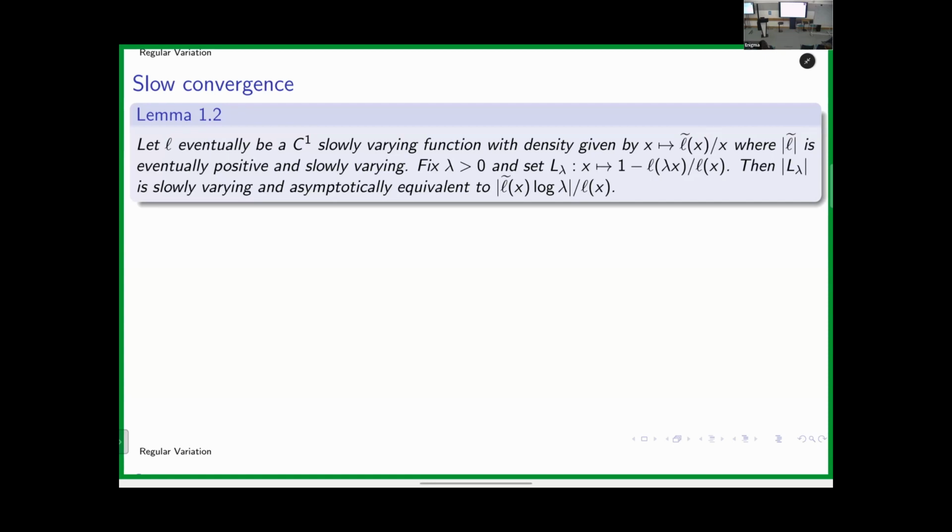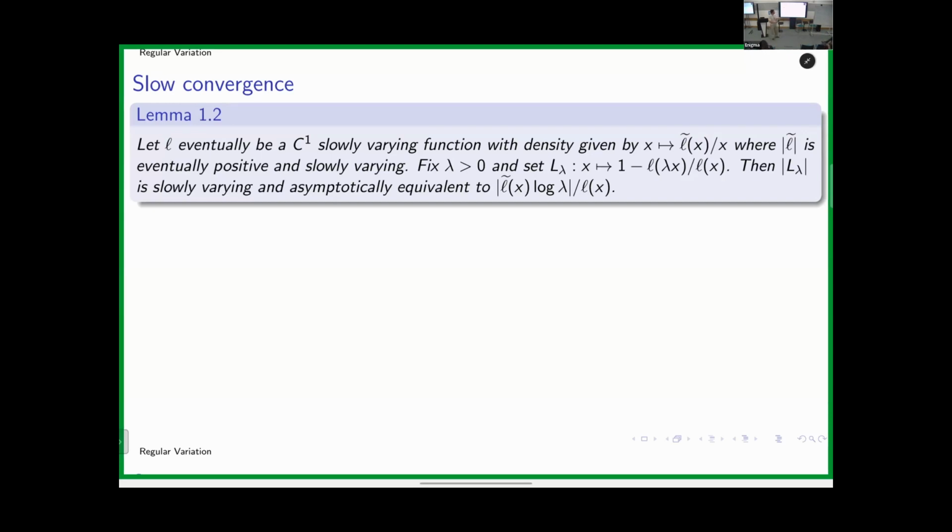All I care about is this guy without the modulus. If it's negative, it stays negative after a while. And if it's positive, it stays positive after a while. Eventually, it's not fluctuating. This is important for slow variation, like I said before. And you can do log, and many other examples exist. You will need to find something very fluctuating to not have this kind of property. Are we all happy with this? So this actually covers many slowly varying functions that you can think of quickly. You need to work hard to construct something that's not within the scope of the lemma.